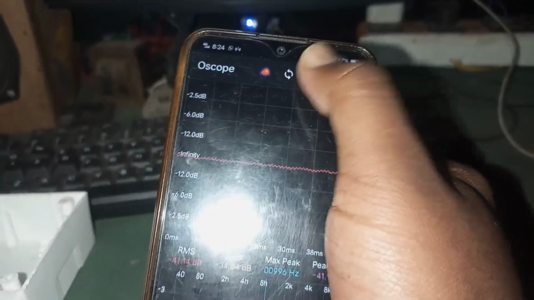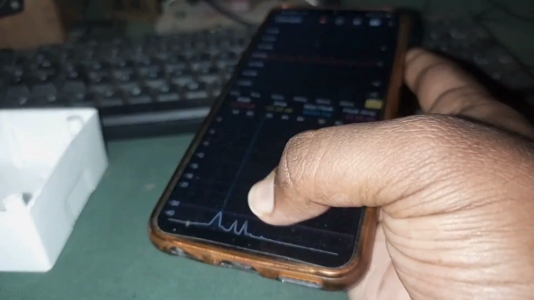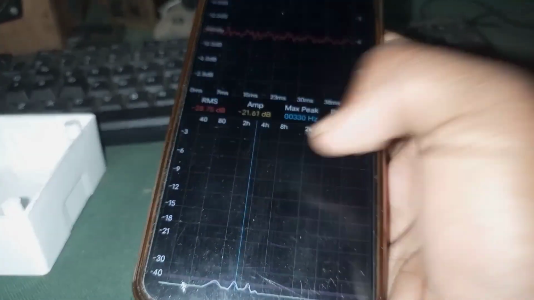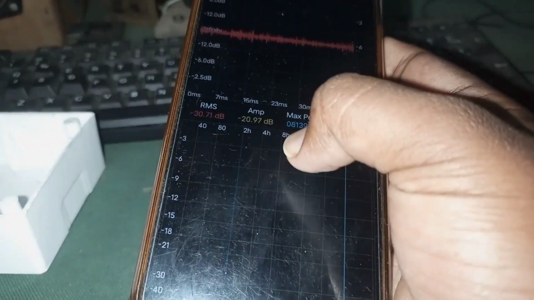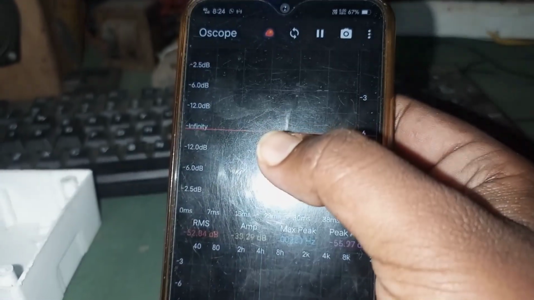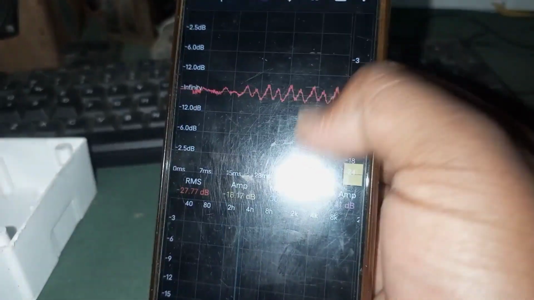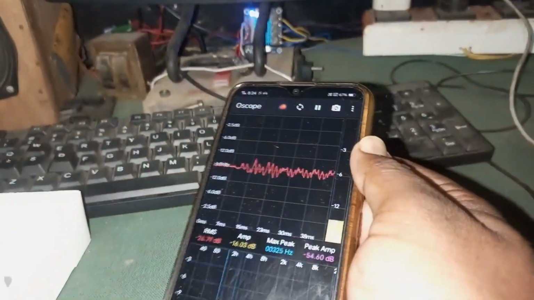Here is a play icon, you can click that and you can see it is playing. It also shows which frequency is being peaked. Here you can see in the kilohertz range, it is 40, 80. This is hertz, and here is kilohertz 8. This is the order, and this is the amplitude and where it peaks, and here is also the dB rating where the frequency is being peaked. So you can very easily determine your polarities, and